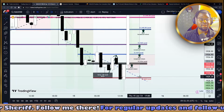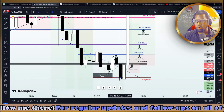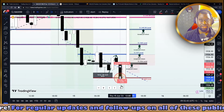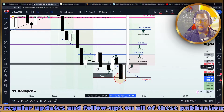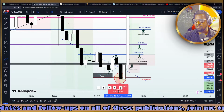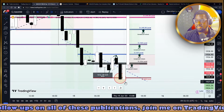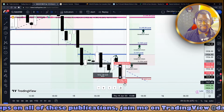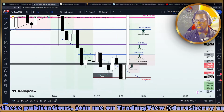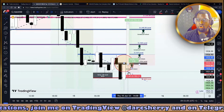And we also positioned ourselves for selling opportunities. Remember, we had a sell stop order below the $1,929 level. I had a sell position triggered. I think I shared an update in that regard. And as soon as price action moved, it moved about 40 pips thereabout. I told us to move all stop losses, and we were taken out at the worst case scenario at break even on that position. Now, with a buy stop order above the 1,934, we saw how massive